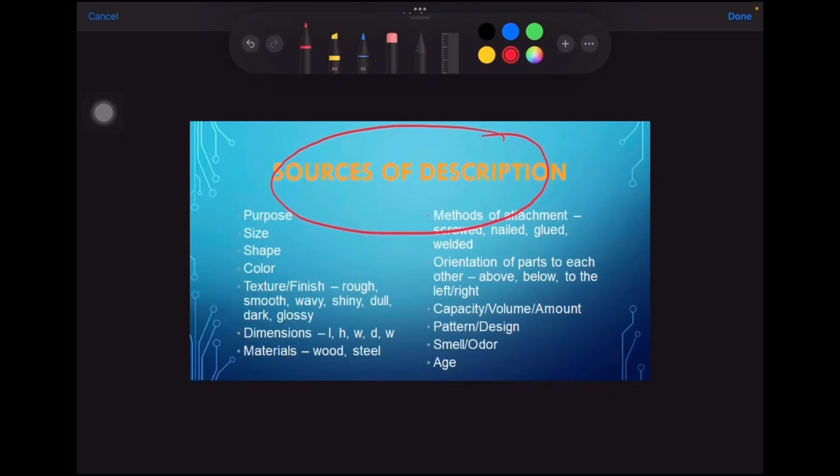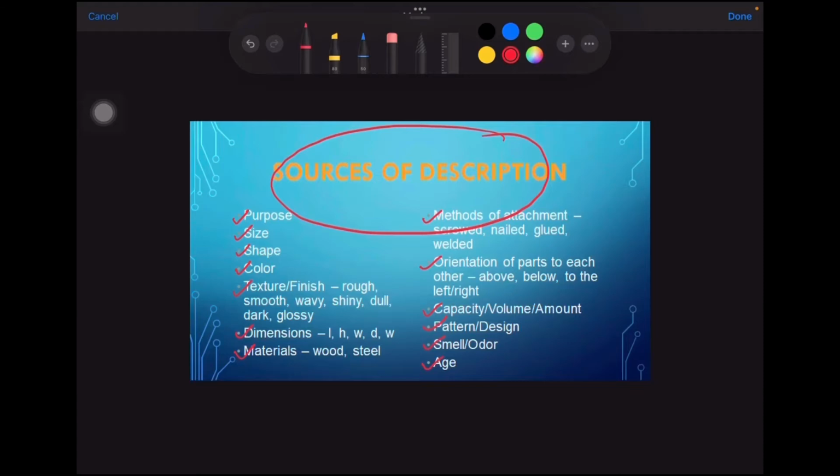As you can see on the screen, we have elements such as the purpose, size, shape, color, it goes up to dimension, texture, materials, how the product is combined or compiled or attached, the orientation of the parts, the capacity, the volume or the amount, the pattern or the design, the smell, and also the age of the